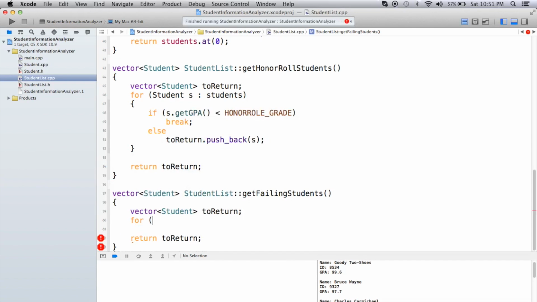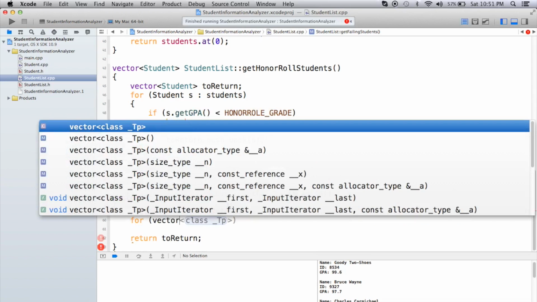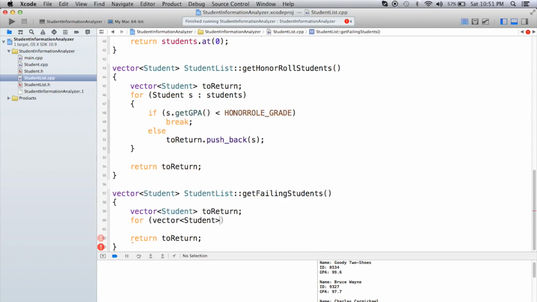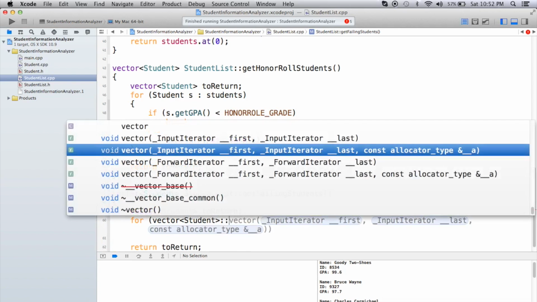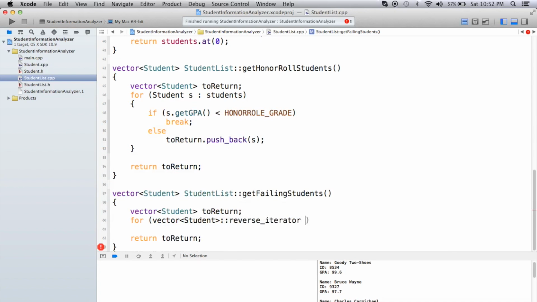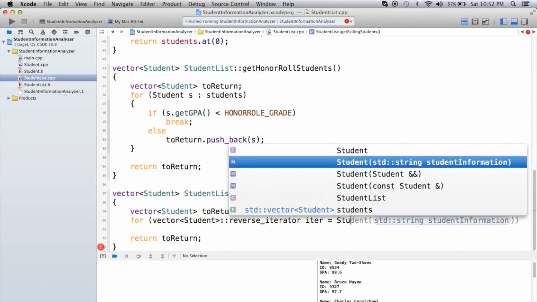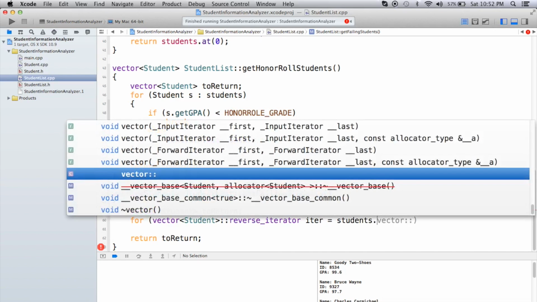In case you don't remember how to use an iterator, or if you've never used one before, I don't really use them that much. But anyways, we're going to want to create a reverse iterator, and the syntax for them is kind of wacky. Well, iterators in general, the syntax is pretty weird. So we just do vector of students, and we're going to say a reverse iterator, and we'll just call this iter, and we'll set this equal to students, dot r